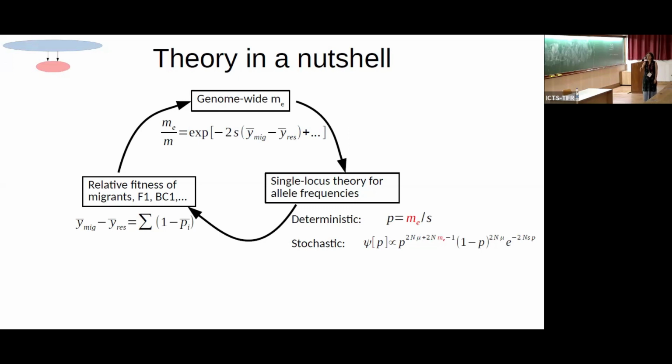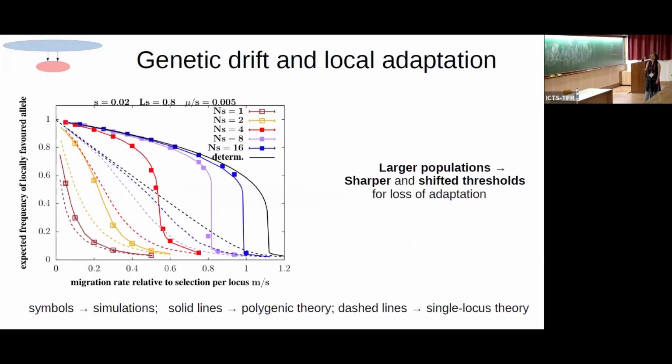I mean, do I have it? I guess it should be the way you're showing for deterministic. Yeah, so there's just one curve here for the deterministic, but this is the frequency of the locally favored allele. So yeah, this would be, yes, because S is fixed. So for the deterministic case, you can also think of this as how ME changes with M. Yes. Okay.